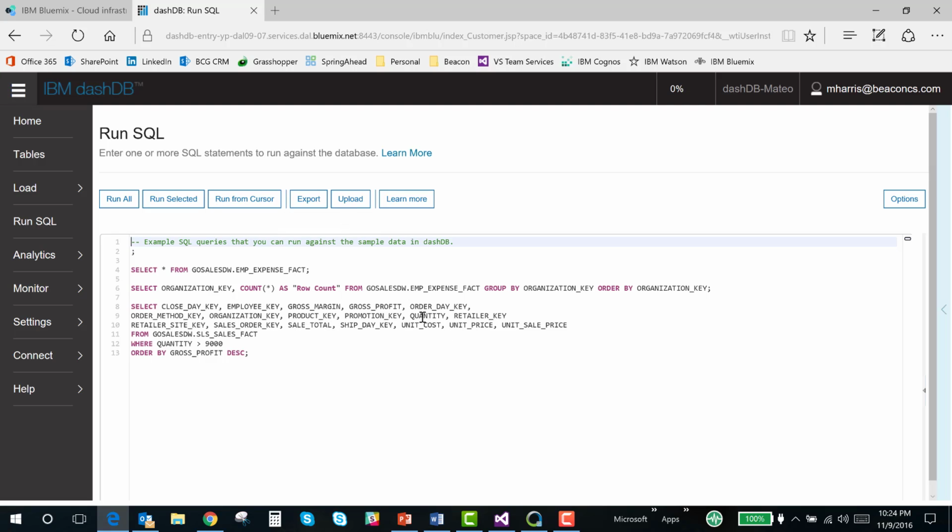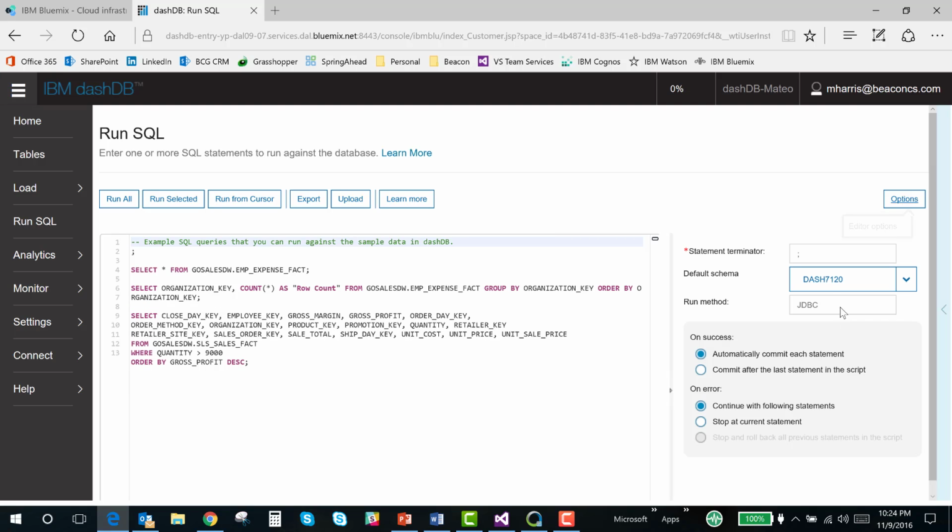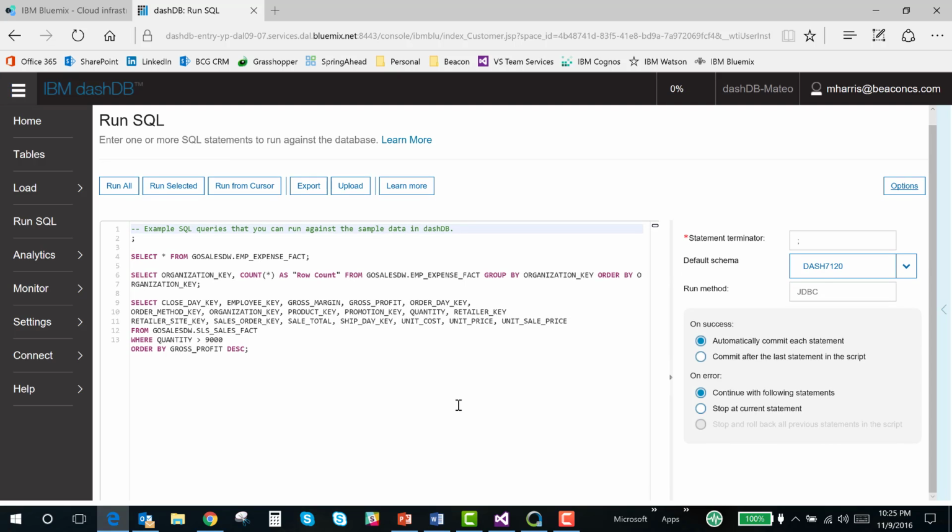You can upload a SQL script already on your file system, and you have a variety of options if you want to go ahead and select those, where you can determine what your statement delimiter is, change your default schema, etc. Really, there's nothing here that you haven't seen before in other tools that you've seen in the past. And this is just, again, demonstrating the various capabilities and functionality that you have within the Run SQL web client